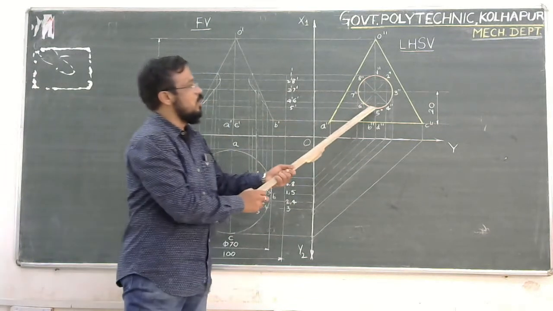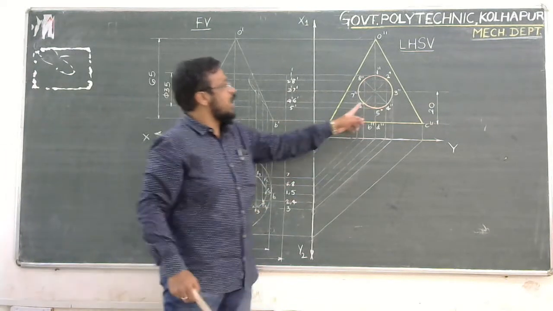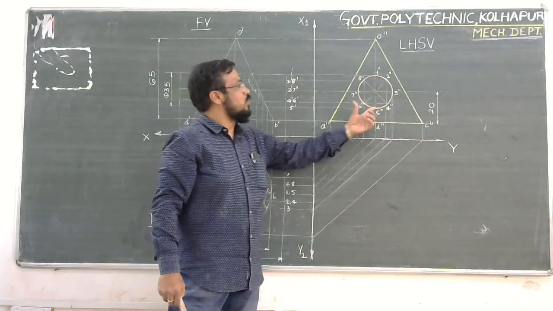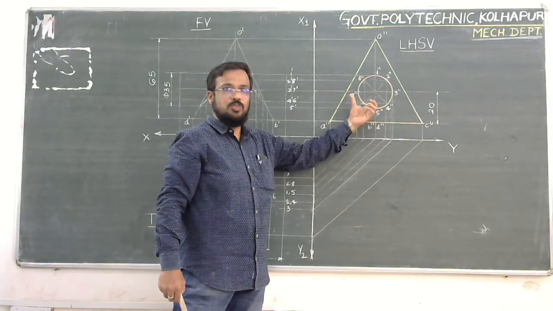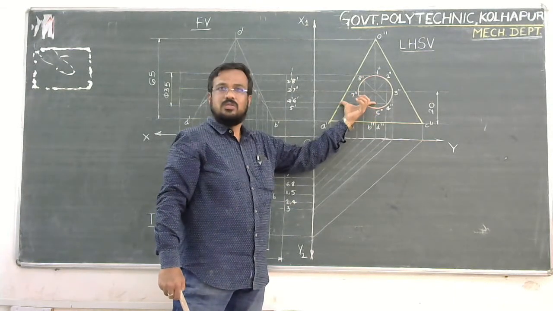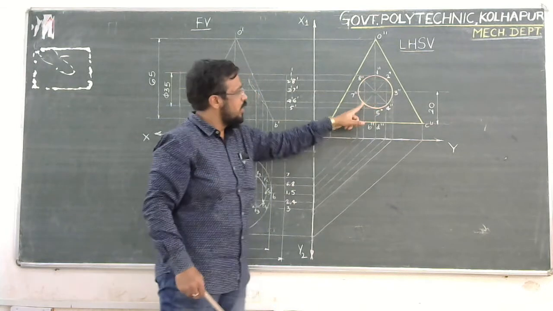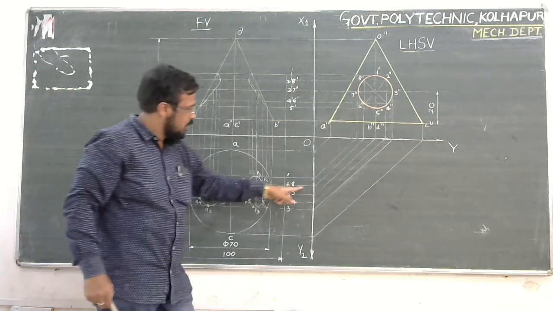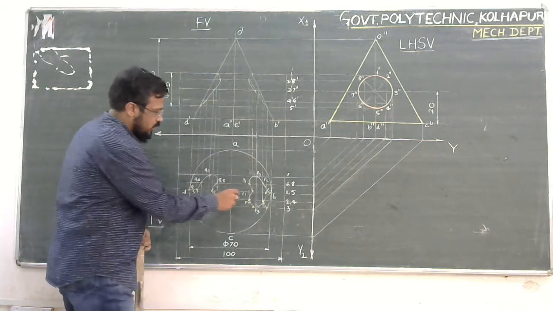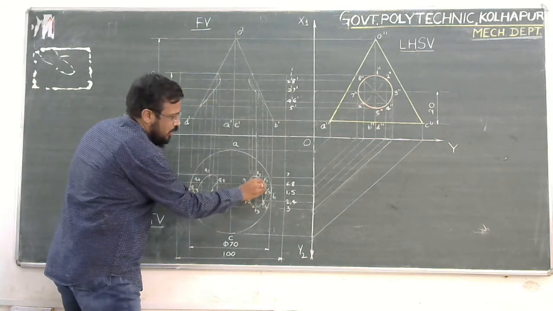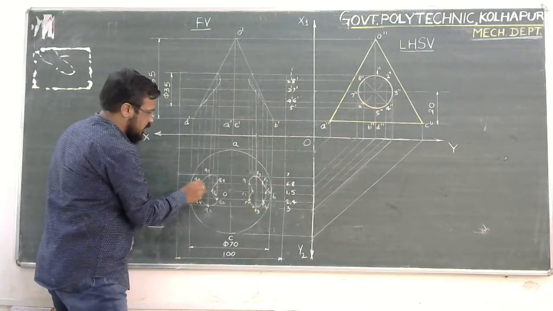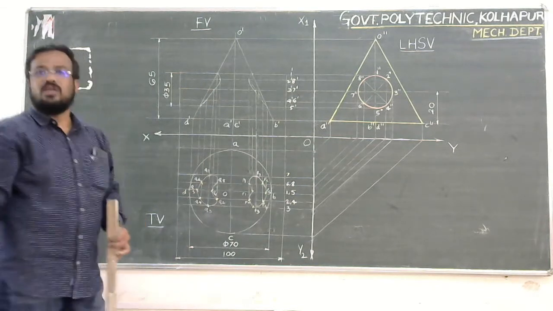So 5 is over. For 6, again you have to consider the distance equal to from this point to this. So this distance, refer the line 6 double dash to this line from center O. Again you cut the arc. You are going to get this 6, P6 and Q6.